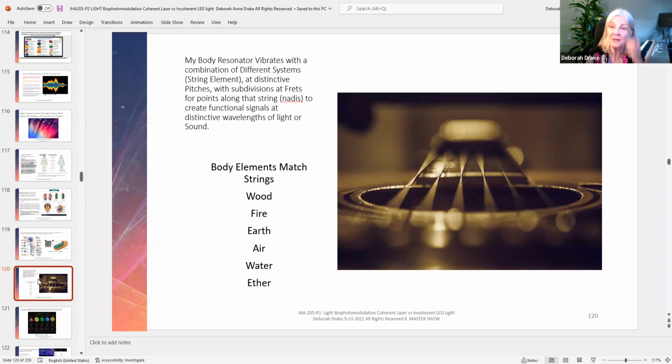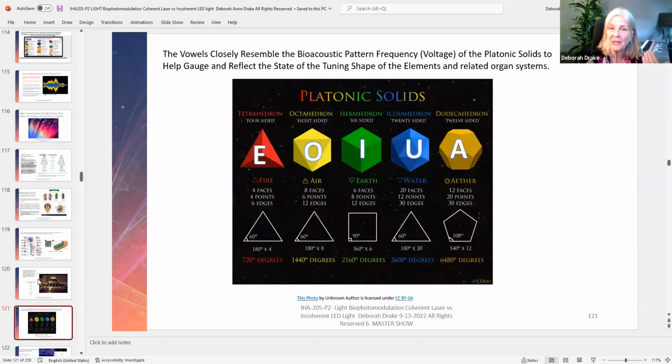So we can learn some of these things in the coming weeks that I'm going to show you on how to examine your face or look at people's faces and different things. But when you look at each one of those strings on the guitar, it is vibrating a certain shape or a frequency, 180, sorry, what's that number there? 720 angle. So the angle of this fire sign, okay, the angle of it gives the predicted shape, which predicts the angles of the frequency. So this is 720 angle, you might want to call it 720 hertz.